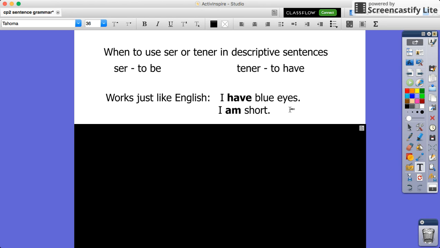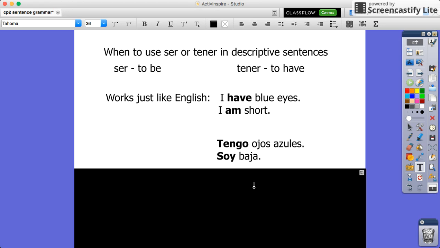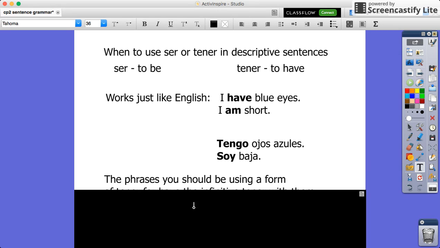So if I wanted to say I have blue eyes, in English, it would be tengo ojos azules in Spanish. I am short, soy baja. Okay, and of course, tengo comes from tener and soy comes from ser. Another handy dandy